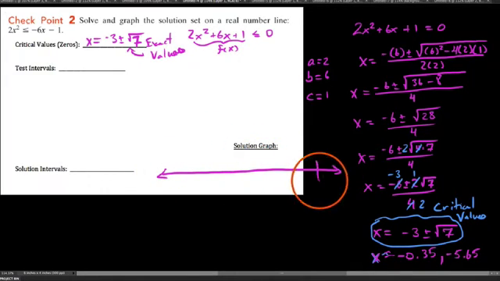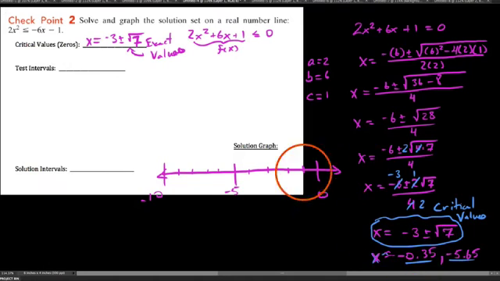But since we're all negative kind of on this one, I'm going to go 0, and then I'll go 1, 2, 3, 4, 5, negative 5, 1, 2, 3, 4. I'll get out to negative 10 here. And so we have on our number line here, we can label our critical values, and knowing that they occur